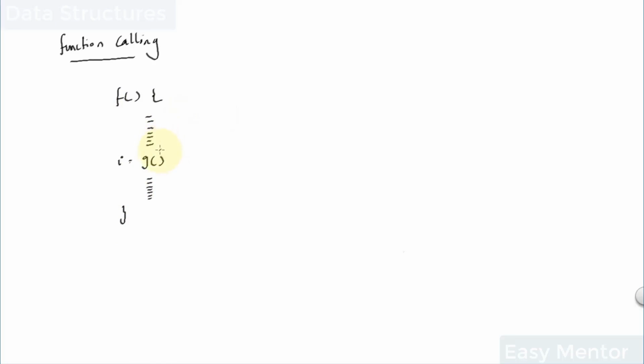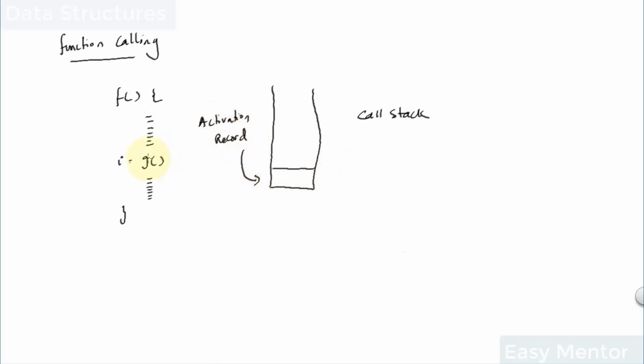What happens just before g is called is that a stack is maintained, which is called a call stack. All the local variables of the function f at the point that the call to g is being made are bundled into what is known as an activation record. This activation record is pushed onto the stack so that when the call to g returns with a return value, which is then assigned to i, f has access to the state of the function just before g was called. That activation record is then popped out